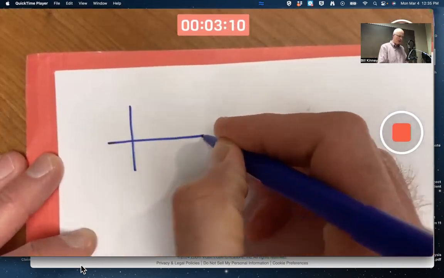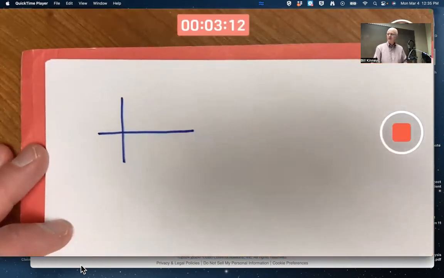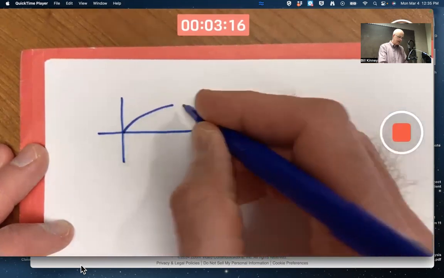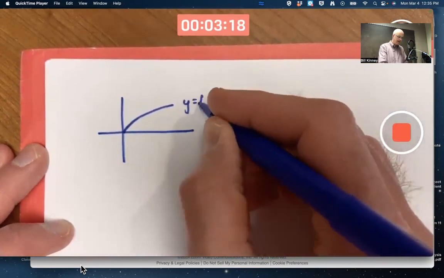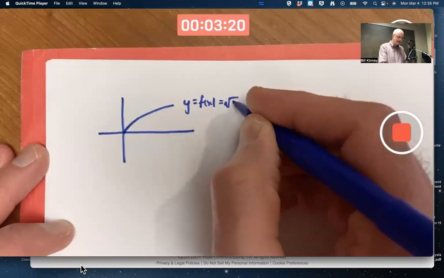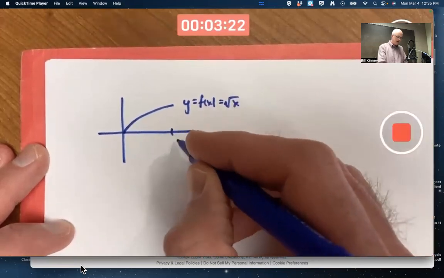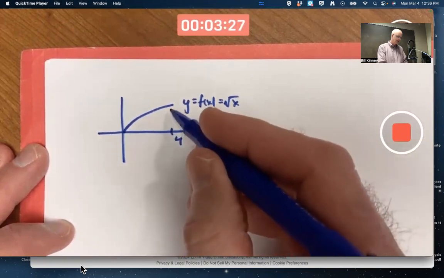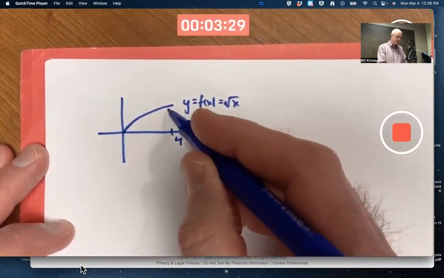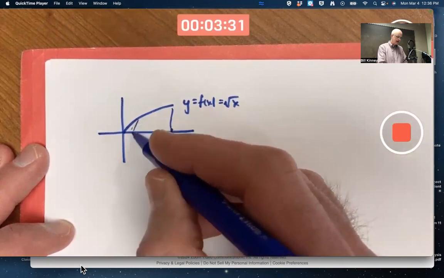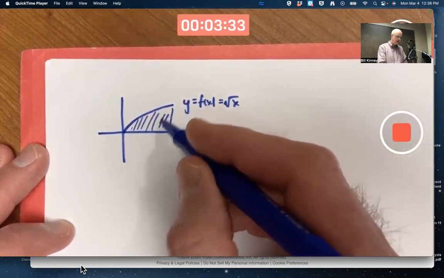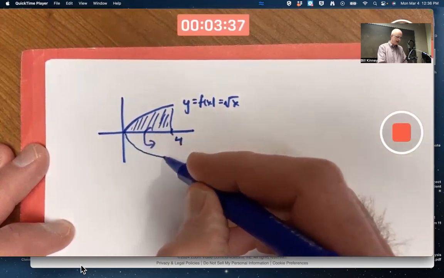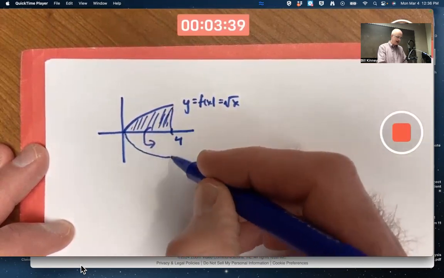Let's do a simpler volume of revolution example compared to what we did last Friday. Let's take the graph y equals f of x equals square root of x, x going from 0 to 4. And let's just rotate this around the x-axis here. So it's this solid two-dimensional region getting rotated around the axis, giving you in the end a three-dimensional solid